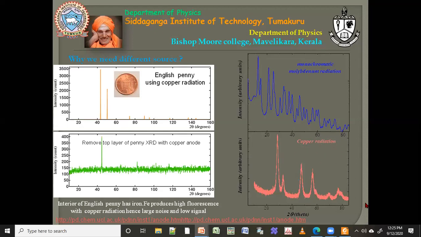So how many peaks do I get? 1, 2, 3, 4, 5, 6, 7, 8. 8 peaks. I get 8 peaks. The wavelength is around 1.54 nanometers or 1.54 angstroms. Okay, so in the other one, I did the same thing. I used a molybdenum source, so lambda is half of it, which is 0.74.